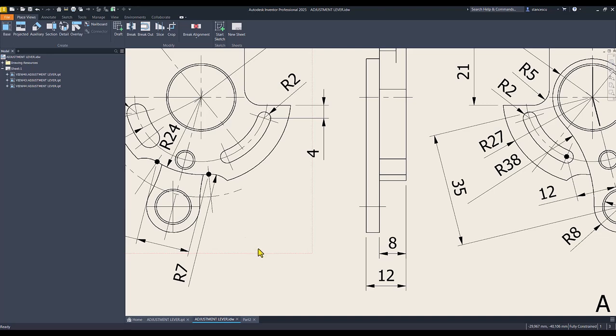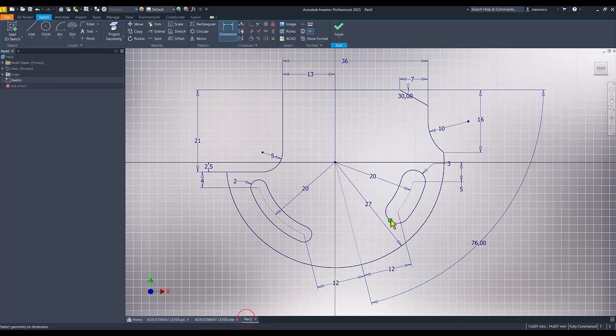Good, let's create this. I create an arc with this center here. Then I draw a line, but I keep pressed the left button at the end of that arc, and